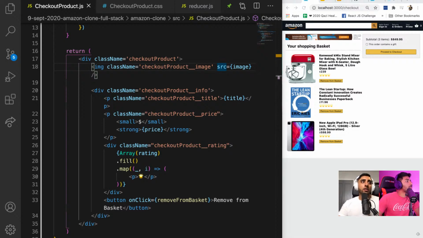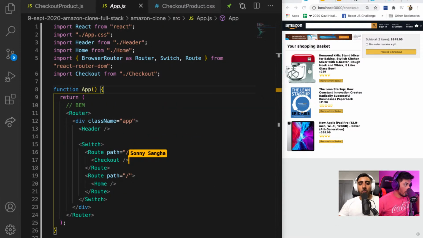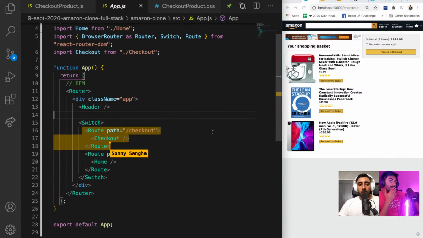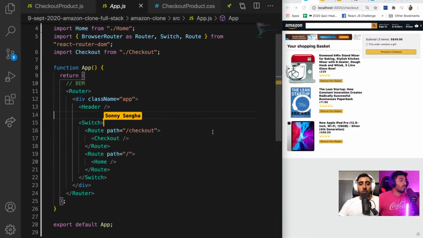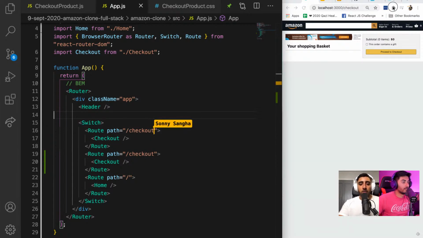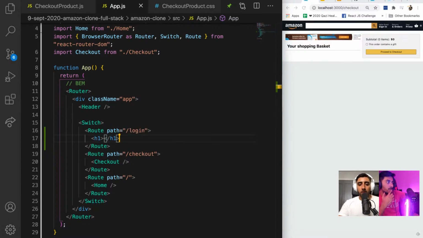So the first thing we need to do is actually have a login page. Let's go back to our app.js. Here we had our router, so we had React Router rendering things. We're going to create a route now called the login route. So this one's going to be login, and just to demonstrate this is actually rendering out the login, I'm going to go ahead and say